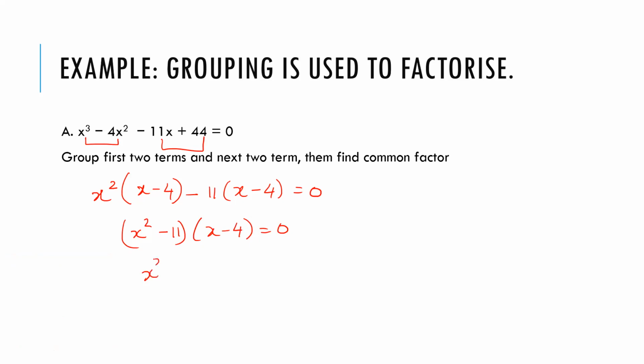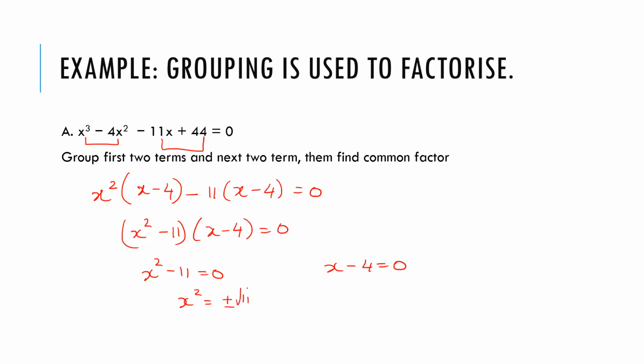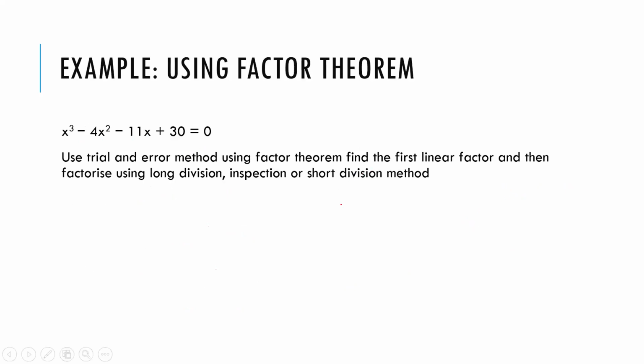So we can equate each factor to 0, and we get x squared equals 11, so x equals plus or minus the square root of 11, and x equals 4. So the three solutions would be x equals the square root of 11, negative root 11, and positive 4. By using the trial and error method,